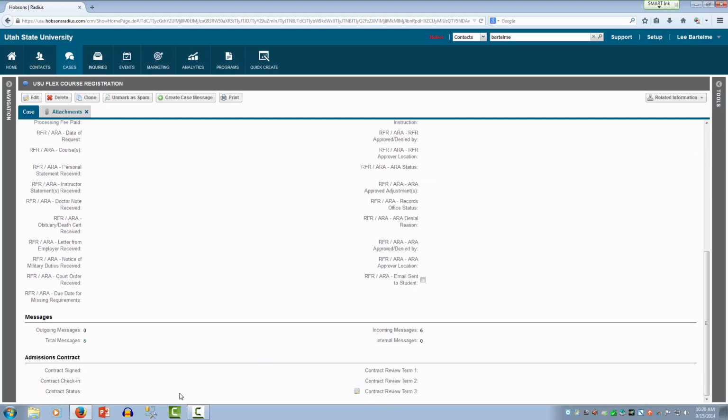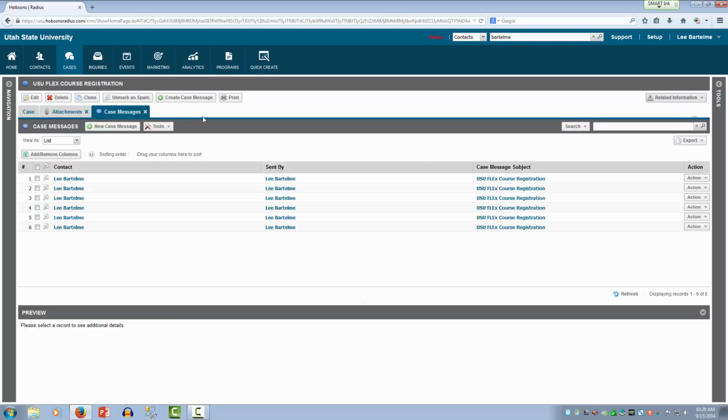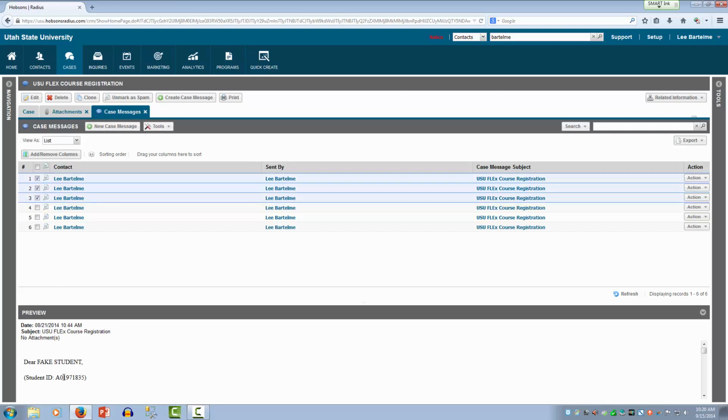Basically what they did was they took all case messages and put them in an associated tab for various reasons that aren't super important at the current moment. But in order to get to your messages, what you're going to want to do is come up here and click on Related Information, click on Case Messages, and it'll make a tab, just like the Cases tab is when you're looking at a person. It has a Messages tab. And here's all your messages. They're broken out so you can see,